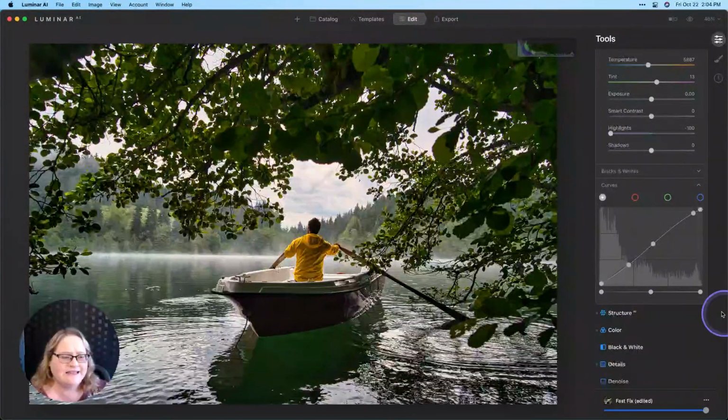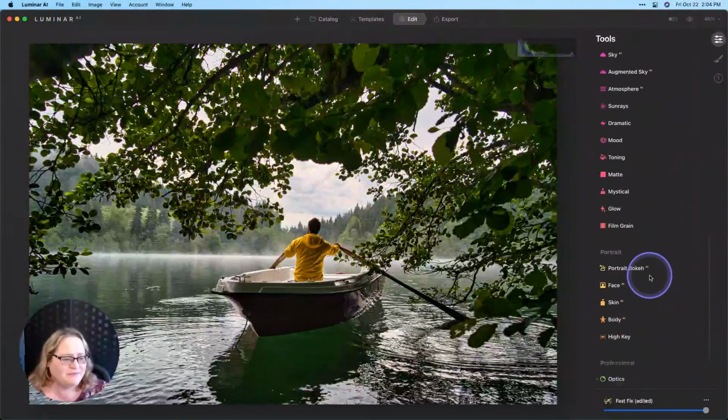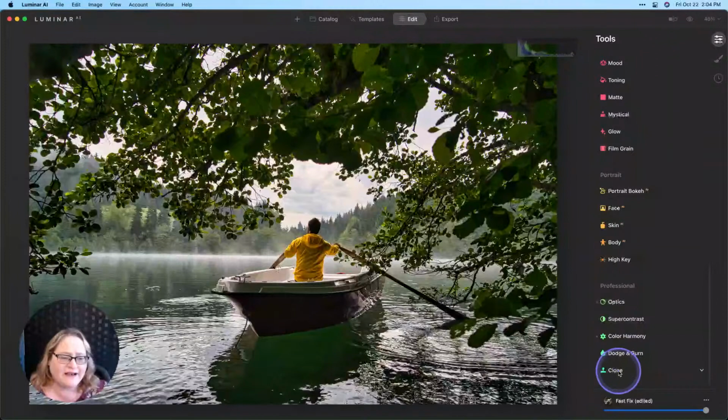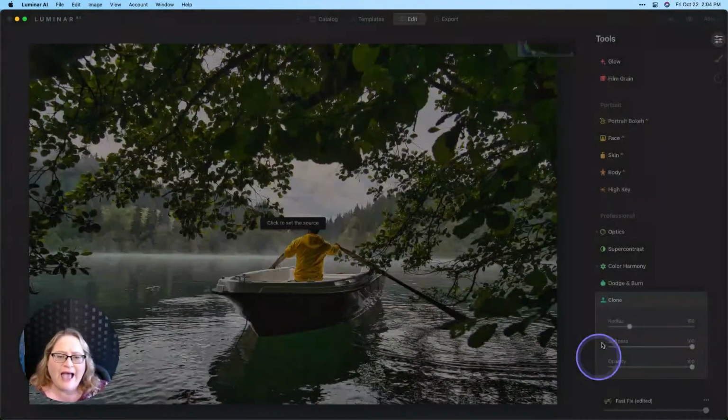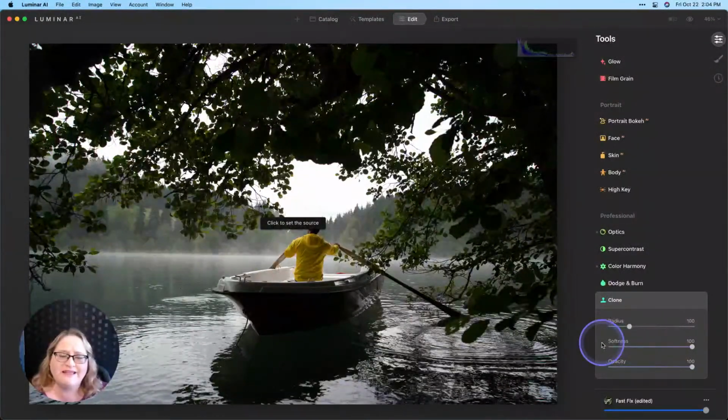I'm going to go over to the Edit tab, scroll down to the bottom, and this is where we find our Clone Tool. Now, as I do this, you're going to notice that the changes I've made to the image revert back to the original. And this is because Luminar AI does not work with a layers-based system. So it reverts back to the original and looks at those original pixels, and that's what we cloned from. Once we finish our cloning and exit out of the clone tool, everything will revert back, but whatever you cloned